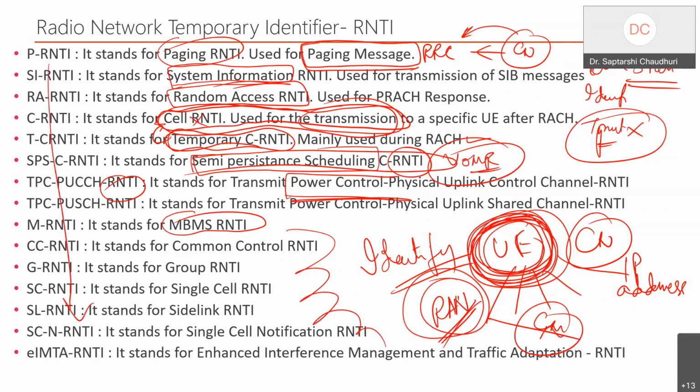In 4G, it was not this much, but because of adding more features, for example, we do special uplink transmission using the side link channel. For that, another RNTI is given. If this user is doing uplink-only transmission using the side link uplink channel itself, then to identify that user, you use that side link RNTI.